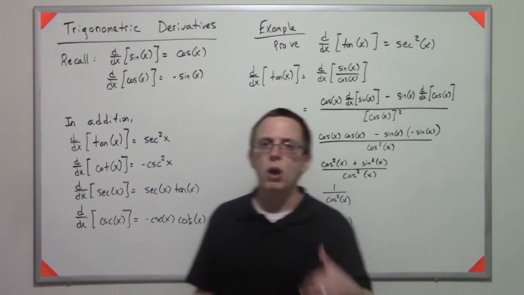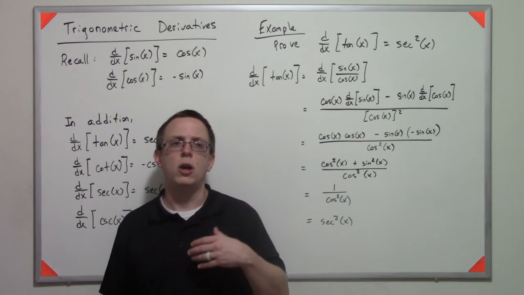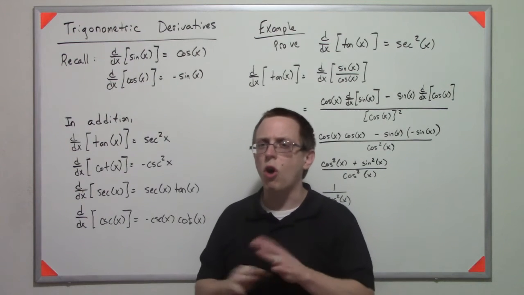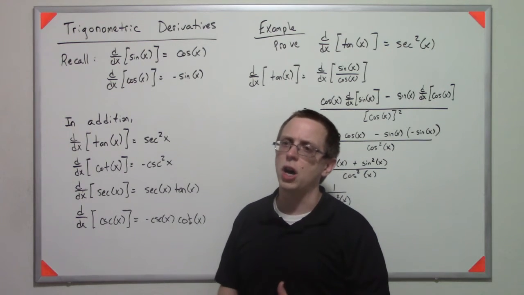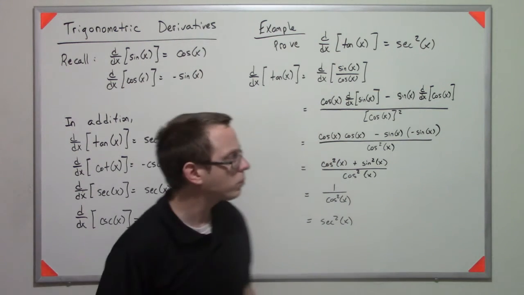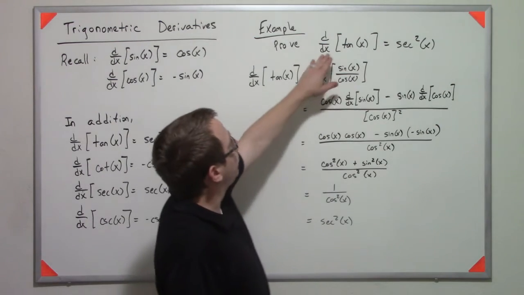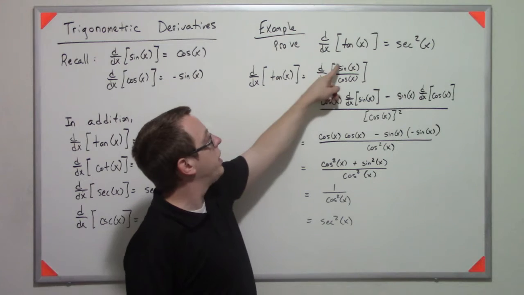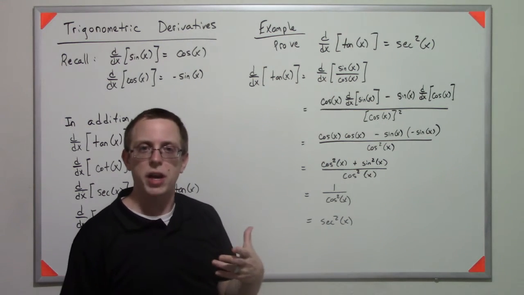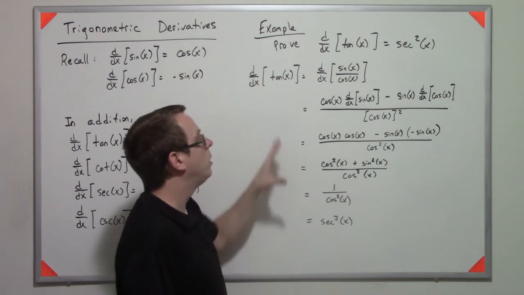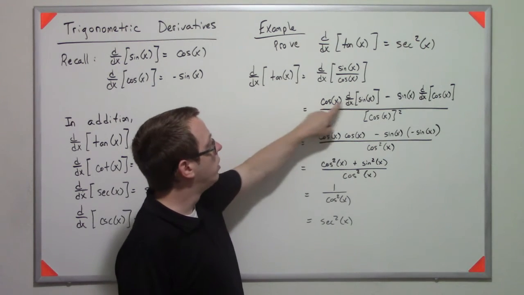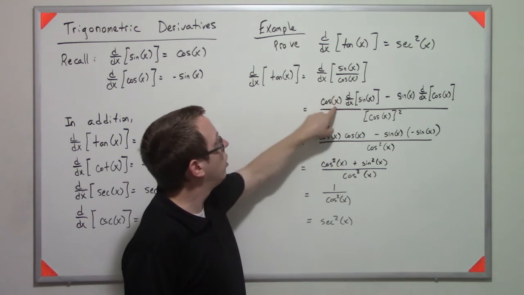So I'm going to do the case where we derive the tangent to prove this, but know that they're all really just a function of the quotient rule. So to prove this, what we're going to do is rewrite tangent of x as sine of x divided by cosine of x, right? That's its definition. So then we're going to use the quotient rule to say low d high